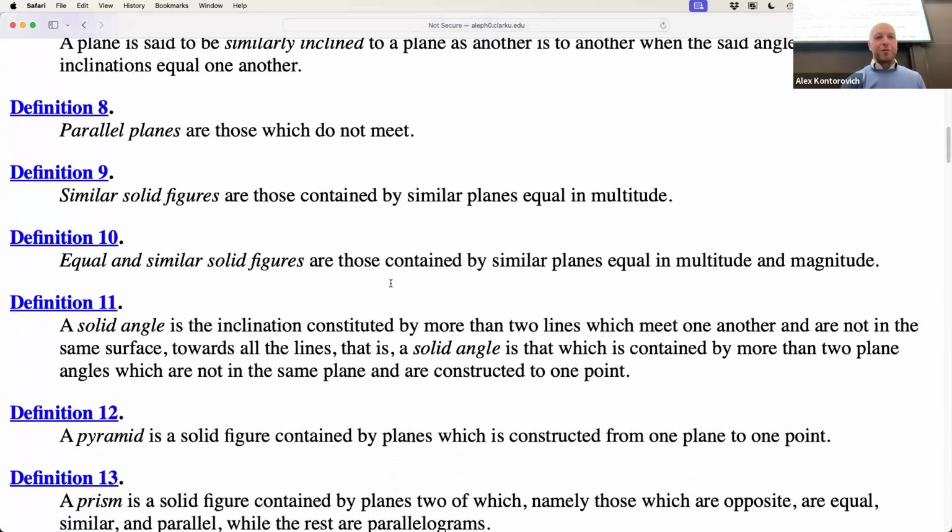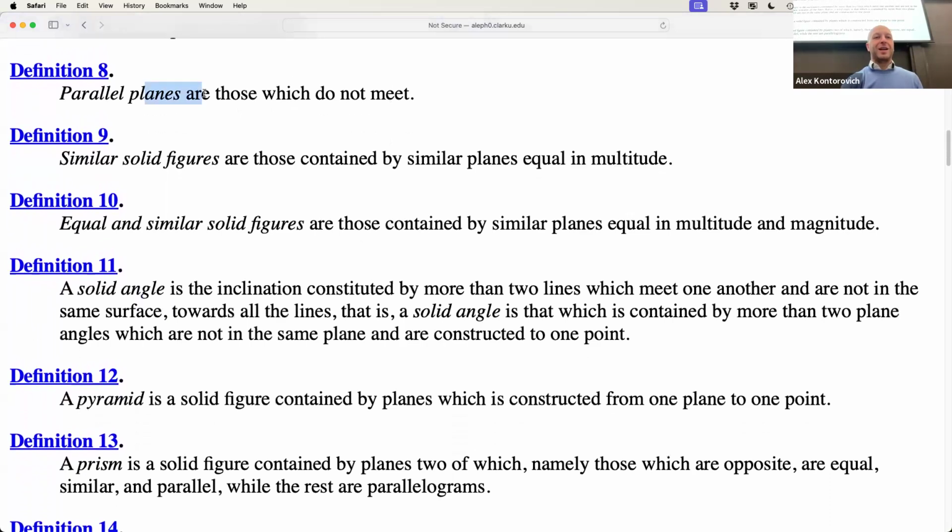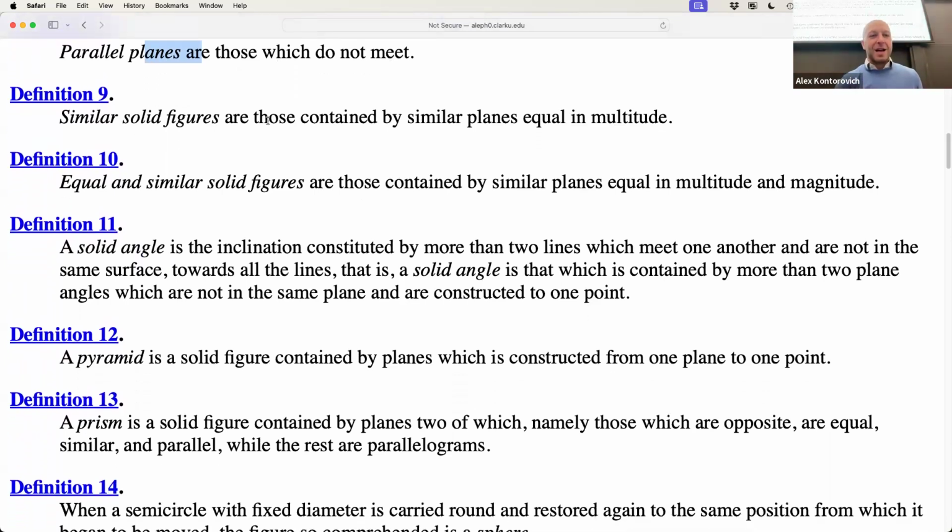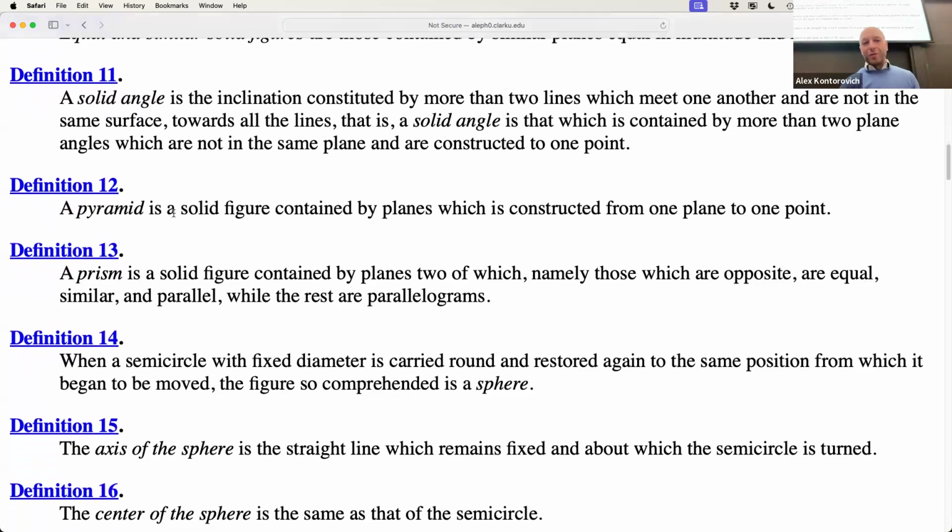Inclination, so we're not going to go through again these things in any detail. Parallel planes are planes which do not meet in space. He doesn't have to say the word in space because it's obvious what he means. A solid angle, when two planes cross each other, how do you measure what's called the dihedral angle between those? A pyramid, you have some shape and a point on top, and just take the cone up to that point. You know what I mean?